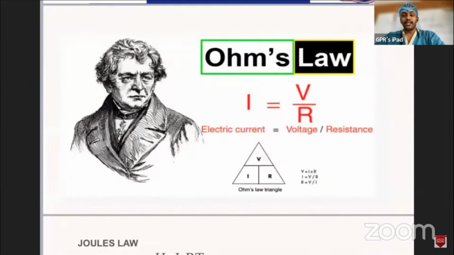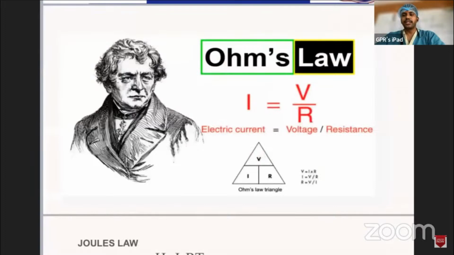The base of current or electric charge happens in two different forms: either direct current or alternating current. Alternating current is nothing but a wave current, so that it has its upside and downside in a sinusoidal fashion, whereas a direct current flows in a unidirectional fashion, and each has its own advantages and disadvantages.